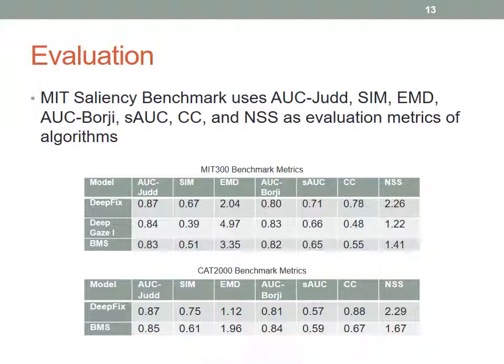And SIM is the similarity between the two distributions, also known as the histogram intersection. So they just take the histogram and find the similarity in each of the bins, and they sum that up to get the similarity metric. And then EMD is the Earth Mover's Distance, and